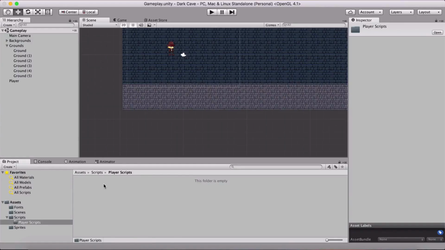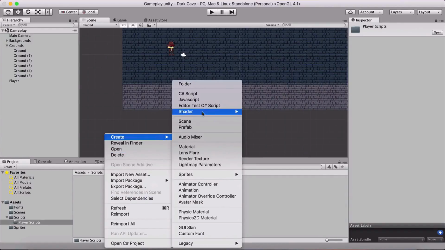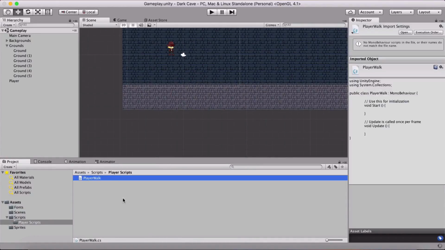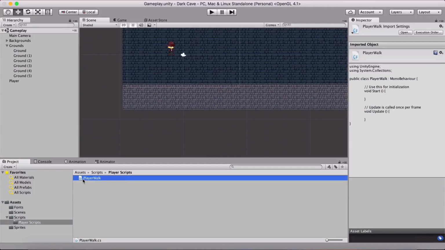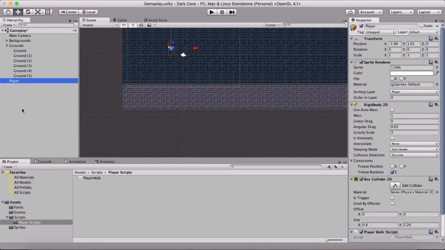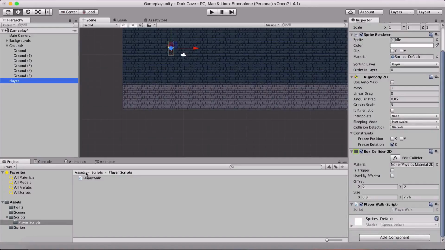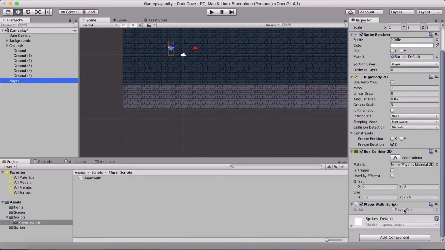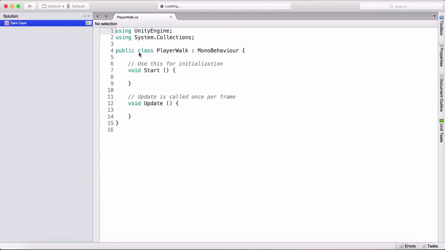Inside of the player scripts, I'm gonna right click and create a new C# script, which I am gonna call player walk. And before we do anything, I am gonna attach it on the player in the hierarchy, or the gameplay view, or this hierarchy here that contains our elements. So I'm gonna attach it there, and now we can simply double click on the script here, or from the player where the script is attached on him, we can double click on it and it will be opened here